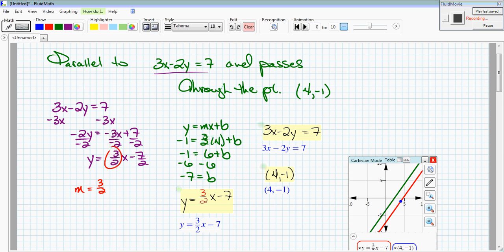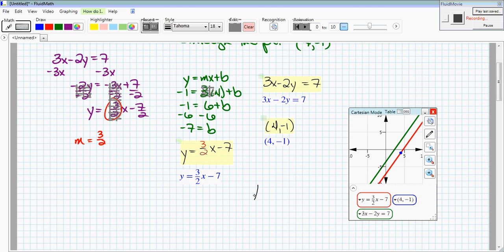Now, to make sure that we have solved for this correctly, which we have to assume at this point, we've found the equation of the line. It satisfies all the criteria. But what you might also want to graph, and maybe you want to do this before you get to this point, to make sure you have solved for y correctly,